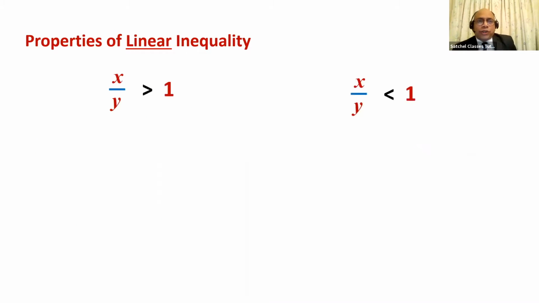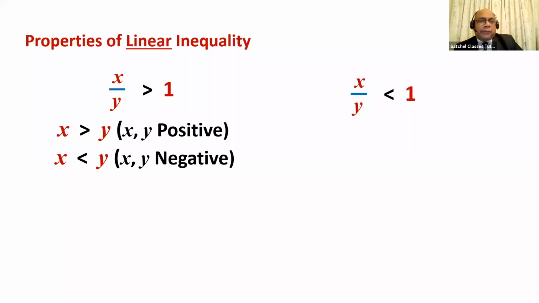What if x over y is greater than 1 versus x over y is less than 1? What do you mean by greater than 1? Now, in case of a positive quantity, when will a fraction be more than 1? When it's an improper fraction, right? Improper fraction means the numerator has to be bigger than the denominator. So if both x and y are positive, then clearly x has to be bigger than y,